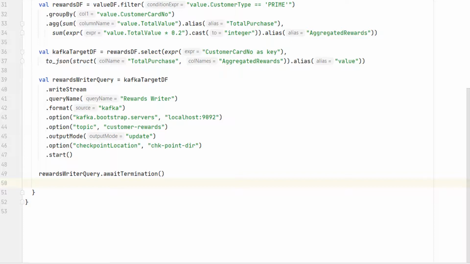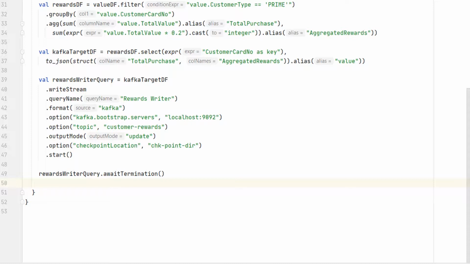We cannot run this example alone. This Kafka Avro source demo example is the second part of the Kafka Avro sync demo example. The Kafka Avro sync demo creates the Avro records in a Kafka topic. Then the Kafka Avro source demo reads the same topic and produces the notification record. So you should run the sync demo first and then run the source demo. I'll leave it on you to try running it yourself.